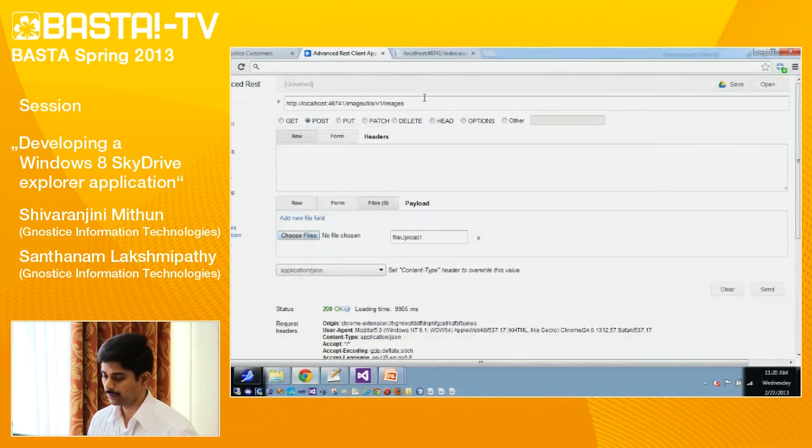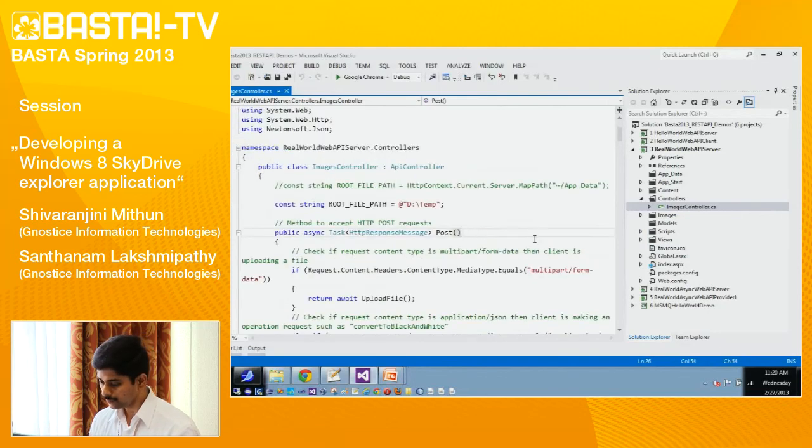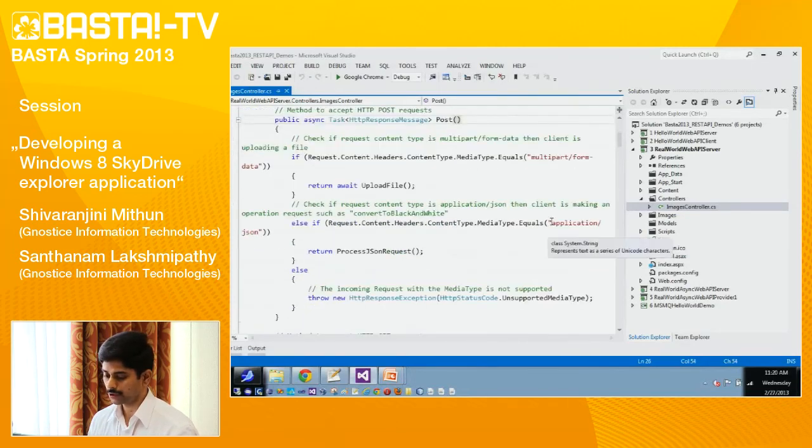By selecting the image, we have posted to this URI. As soon as the client sends the image, it will come to the post method, and it will check whether the content type is multipart form data or application/JSON. After uploading the image to the server, the client requests the conversion operation using a JSON request.